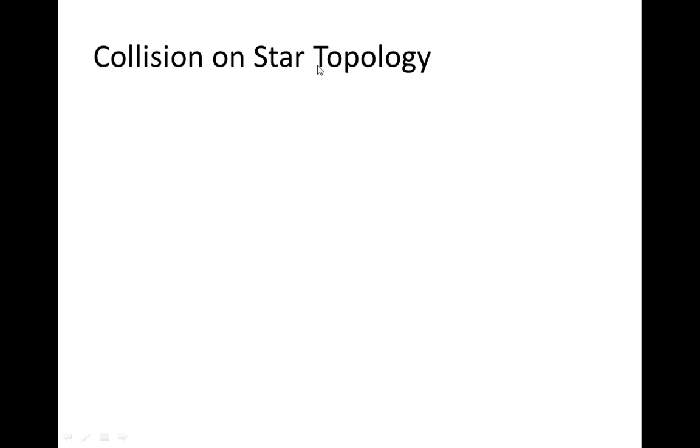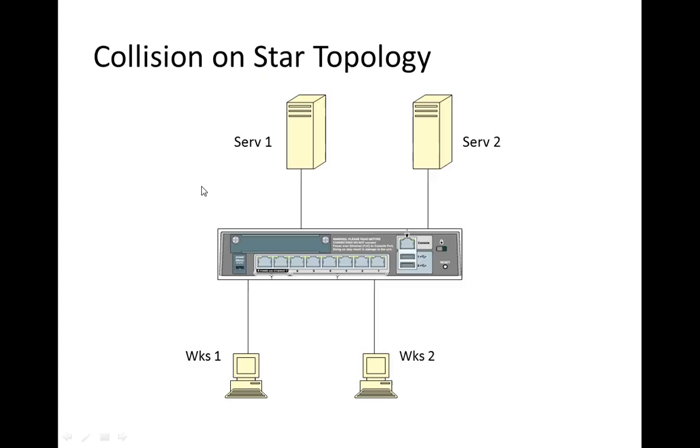Now let's look at a collision on a star topology. It might not be so obvious in a star topology. So the question is, can workstation 1 send data to server 1 at the exact same time workstation 2 sends data to server 2, assuming they're all connected to the same hub? Well,